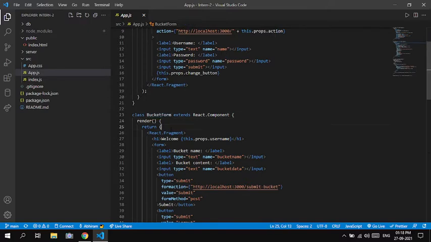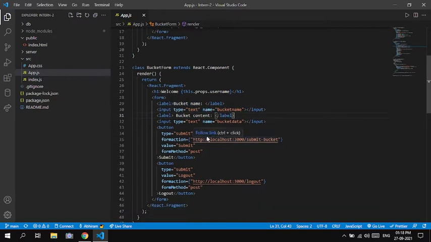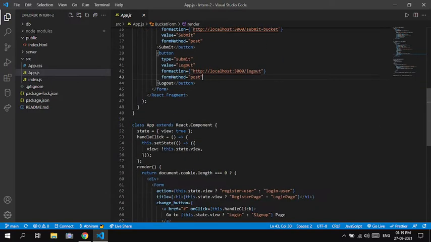This is a bucket form, which is also a form that contains the bucket name and the bucket content that is to be entered by the user. And at last, it has a submit button and a logout button, so that the user can log out or else submit the bucket name and bucket content to the MongoDB database.